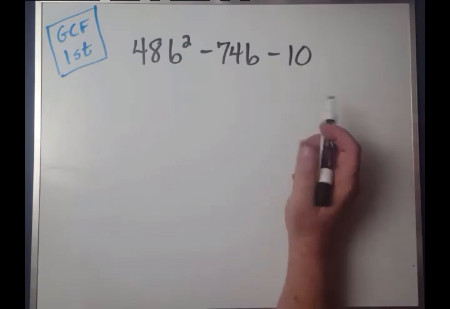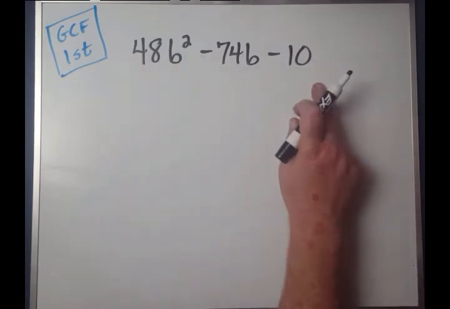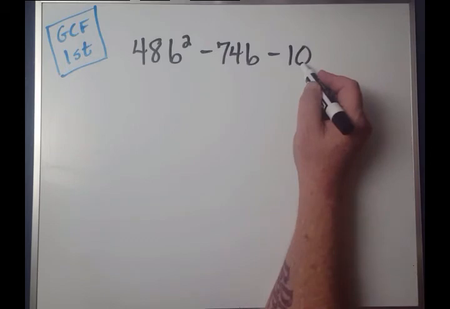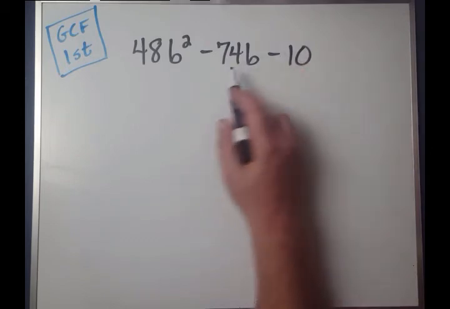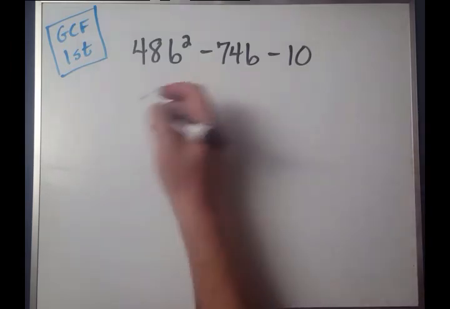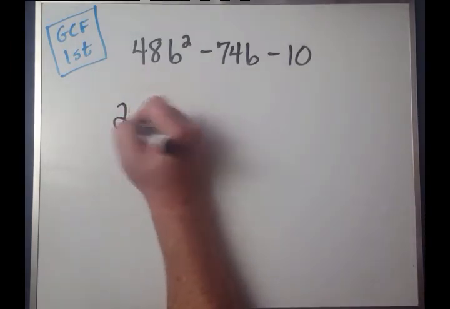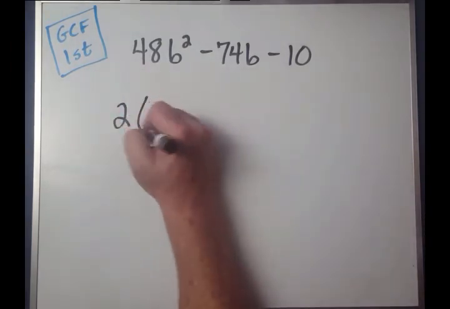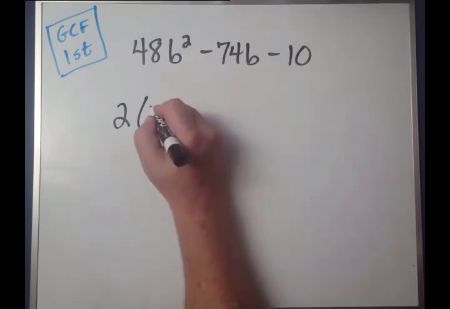In this problem, all of my coefficients are even, and so I can factor out at least a 2. If I pull a 2 out of that 10, it leaves a 5. Nothing here, other than the 10, is divisible by 5. So 2's got to be the biggest. Factor out a 2, and that will leave me